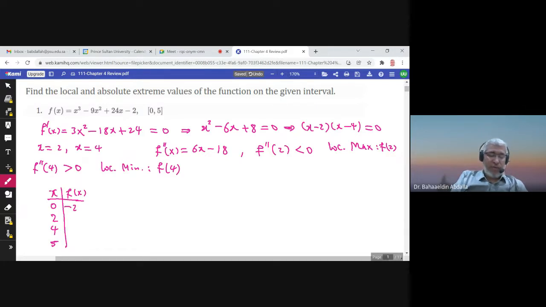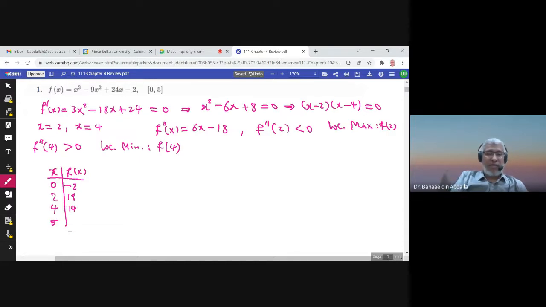f of 2: 2 to the power 3 minus 9 times 2 to the power 2 plus 24 times 2 minus 2, that's 18. So f of 2 is 18. f of 4: 4 to the power 3 minus 9 times 4 squared plus 24 times 4 minus 2, that's 14. And f of 5: 5 to the power 3 minus 9 times 5 squared plus 24 times 5 minus 2,